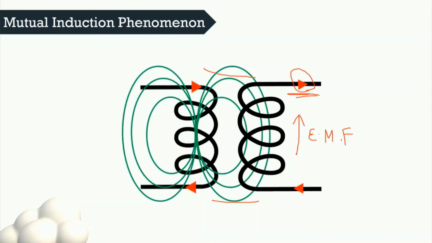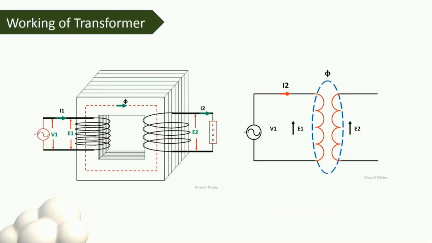So when two coils are placed, when current is flowing through the first coil, a magnetic field will be produced, and because of that magnetic field there will be current in the second coil also. If this entire setup is enclosed with a single, say, steel enclosure, all the flux generated in the first coil will be transferred to the second coil. There will be no losses. This is what is called eddy current loss. There will be no losses and the entire EMF will be produced across the output.